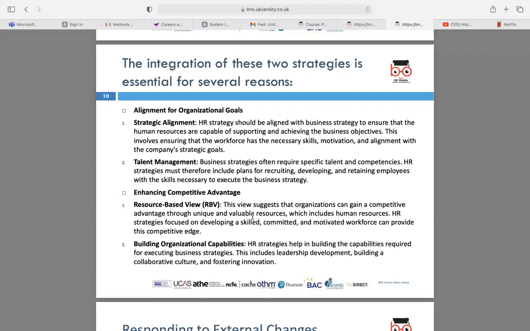Then building organizational capabilities. So the HR strategies help in building an organization's capability as well. For example, HR helps to have a leadership plan in place, and to have a specific culture or a business culture. So it can eventually mean that you can have a proper dress code and a strict dress code policy for having a formal workplace culture, or you can have a little informal workplace culture and be open with associates being comfortable and having a collaborative work environment. So that's how the strategies that HR comes up with helps to also build the organization's capabilities in the end.